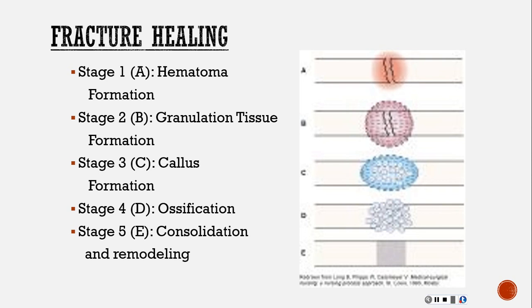Now, the fractures, as I said, begin healing almost immediately so that the body can return to homeostasis. We talked about homeostasis. That's the body's regulation process. It's trying to get back to homeostasis as quickly as possible. In young, healthy adults, a simple fracture healing takes about 4 to 6 weeks. Now, this is a typical simple fracture, one that they're able to reduce without surgery and put a cast on.